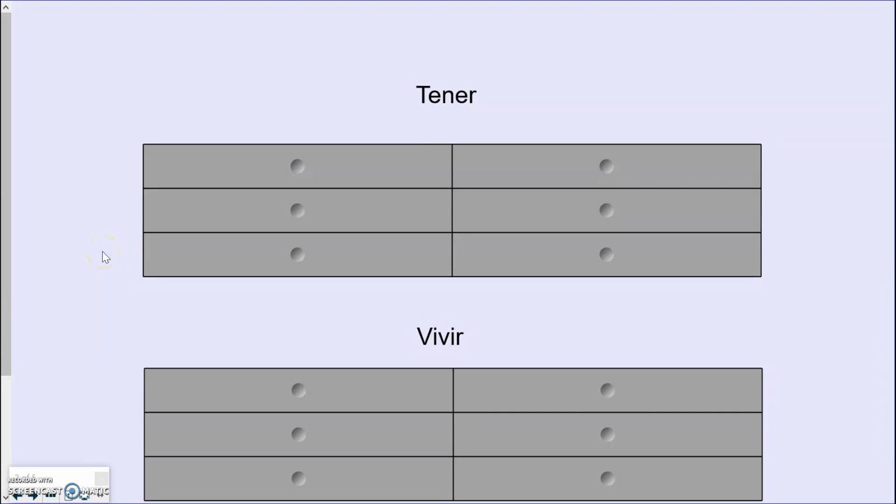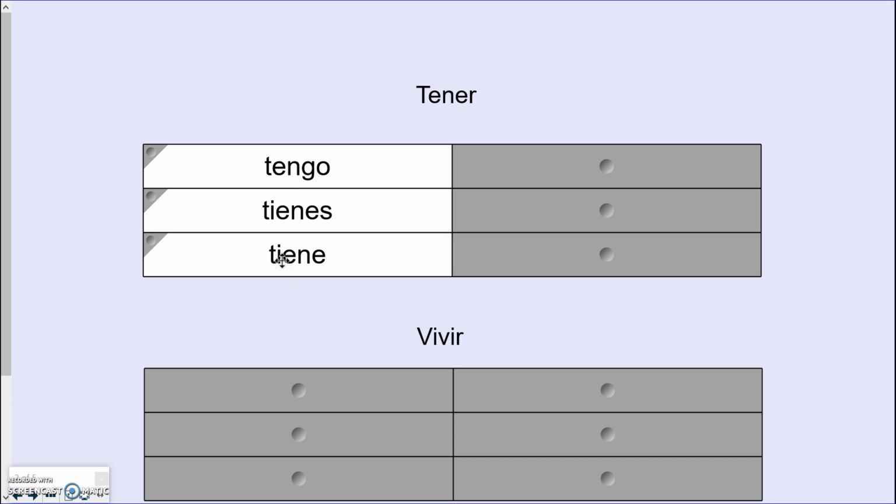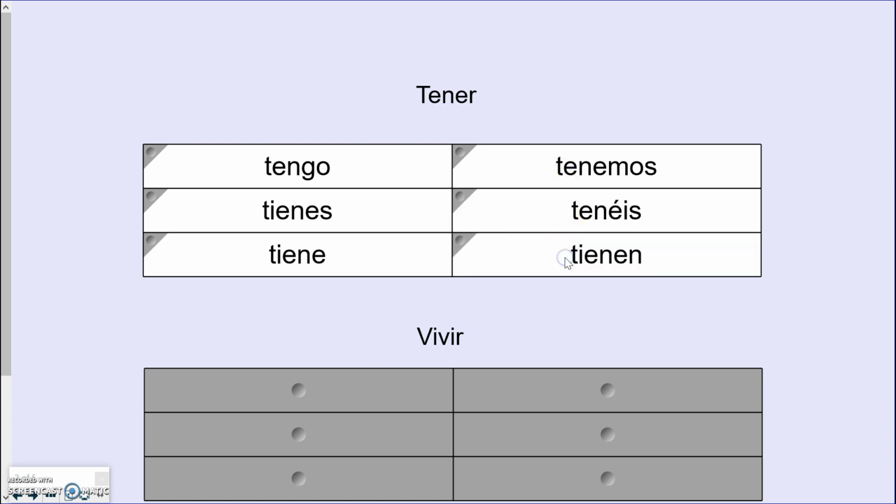All right, so let's review the conjugations of tener and vivir. First, let's talk about tener. Remember that tener means to have, okay? So the yo form is tengo, tú tienes, él, ella, and usted tiene, nosotros tenemos, vosotros tenéis, y ellos, ellas,